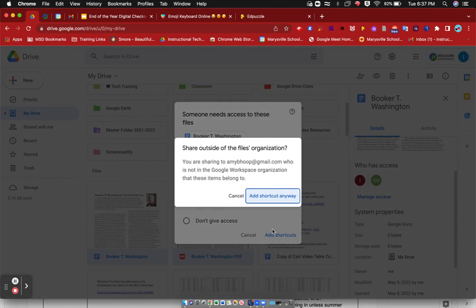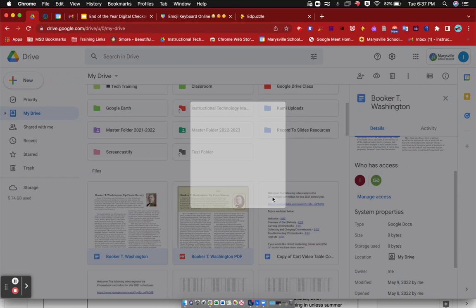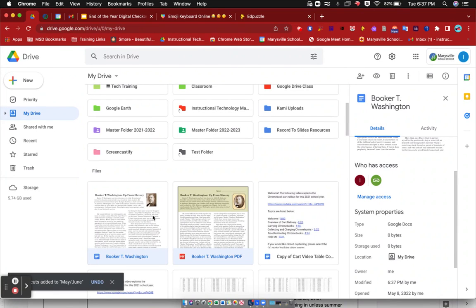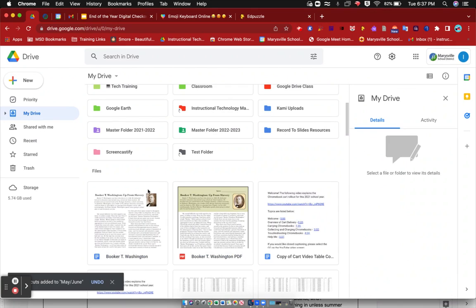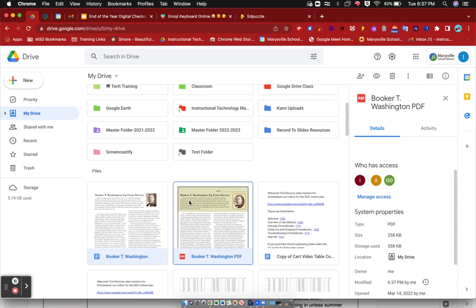We're going to give access. They're outside, but we're going to give that shortcut anyway so that you'll have access to them. And we're going to do the same thing again. So again, I'm going to hold down my shift key. I'm going to select both files, hit shift and then Z,